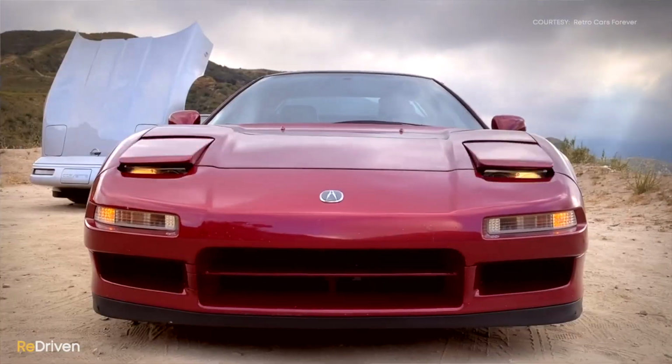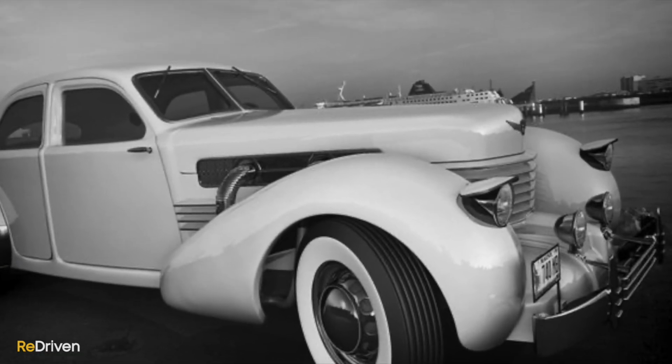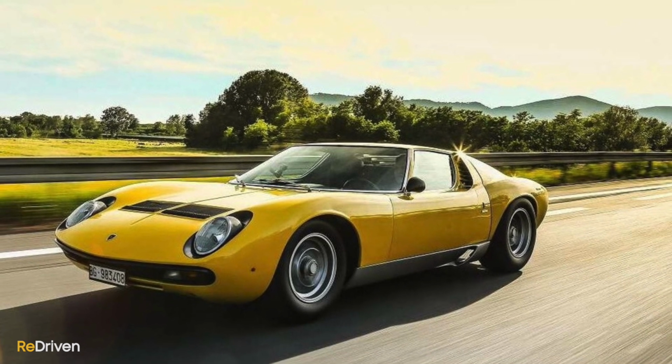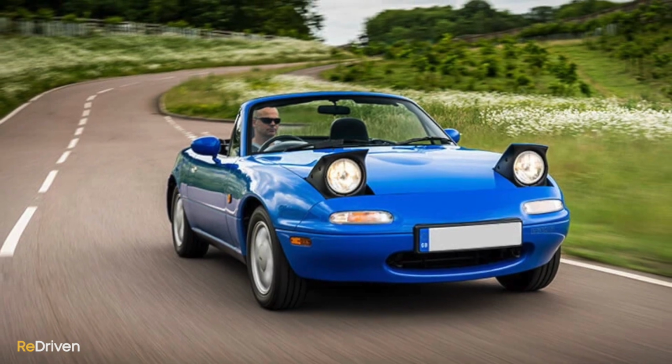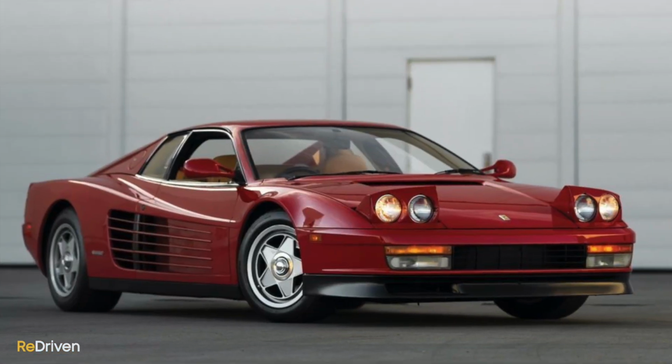Okay, another feature that has vanished because of safety, but this time for the pedestrians, it's pop-up headlights. Coming in a wide range of styles and forms of choreography, pop-up headlights first appeared back in 1935, but since then have gone on to light the road ahead for automotive design icons like the Lamborghini Miura and Countach, the Mazda MX-5 Miata, the Toyota Celica and MR2, the Porsche 944, the Honda NSX, the Ferrari Testarossa, and of course,